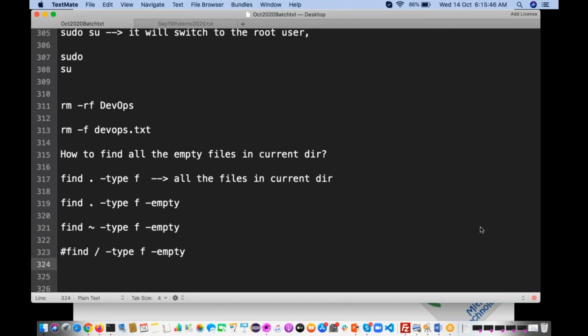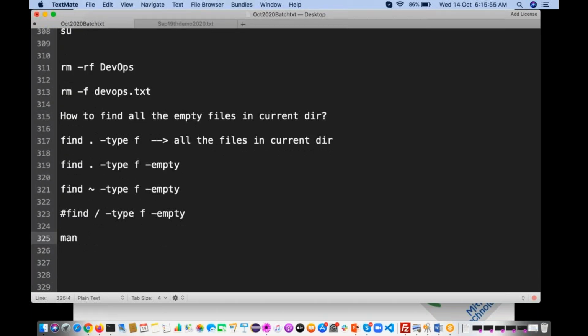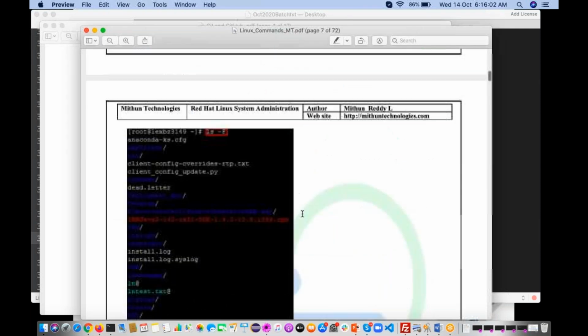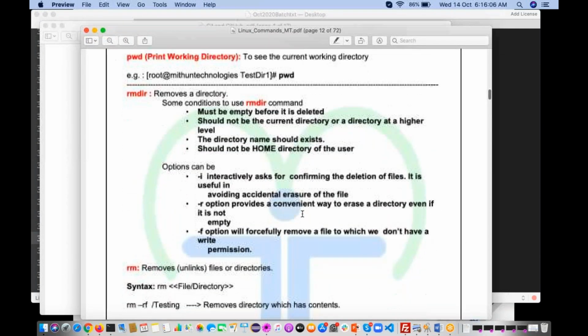So Paramir is asking, how do we get all the options help in any other command? We'll discuss that one. Using the man command, we can identify. We'll discuss Paramir. And one more thing, if you follow my document, here I have clearly explained that